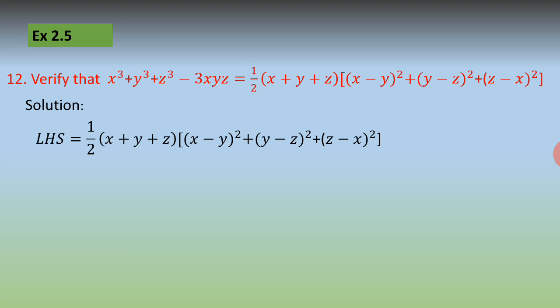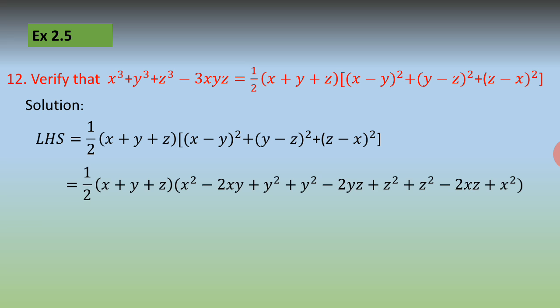Sorry, it should actually be RHS. So consider it RHS. Here the RHS is given to be this entire statement, and now we are supposed to multiply it. What we will begin with is the squaring part. The second bracket, x minus y whole square, then y minus z whole square, and then z minus x whole square. Here we are going to use the identity for x minus y whole square. So this is how the expansion occurs.